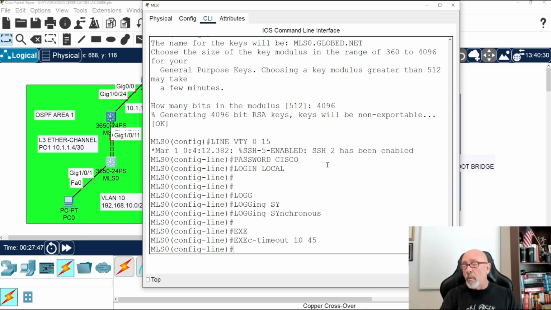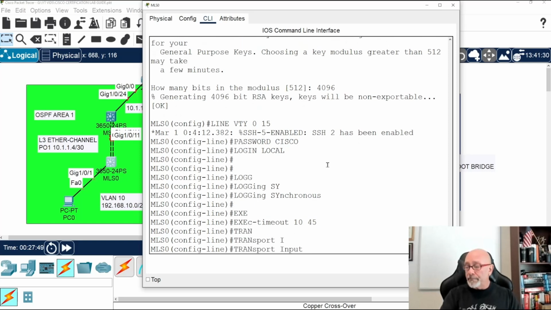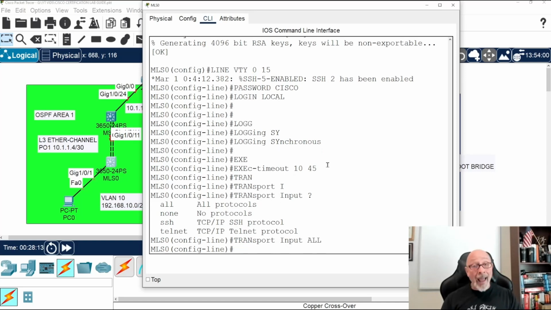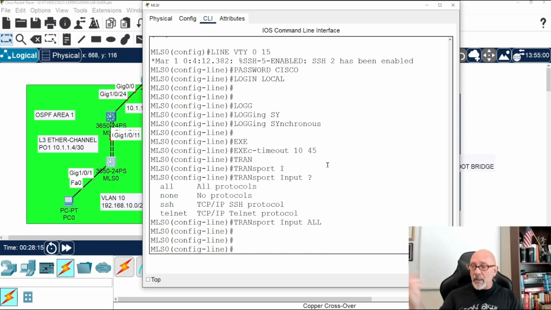So I'm going to do another one, which is transport input. You got a choice: all. Obviously, in a real-world scenario, for security reasons, you're not going to do all. It's going to be either SSH or telnet. Listen, I worked for Metro PCS at the switch, and we telnetted everywhere we went. Unless, when T-Mobile came around, we had a VPN everywhere we went. So transport input, let's say all. It's a lab, people. We can test both.